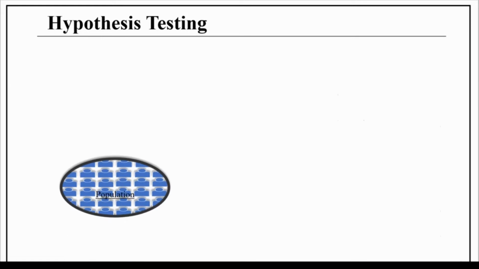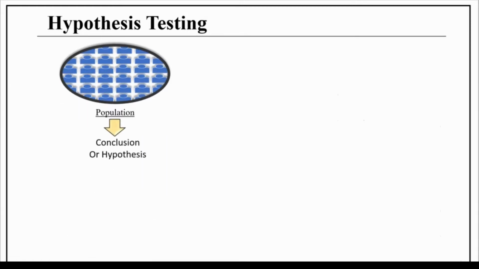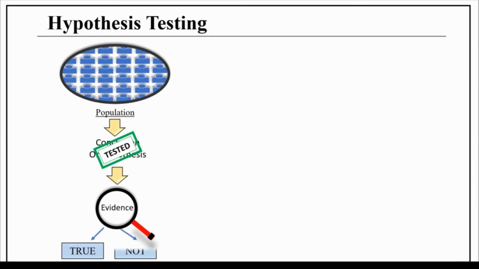Now let's understand what is hypothesis testing. Suppose we did our analysis on sample data and drew some conclusion about the population on the basis of the information obtained. Now we need to test this claim or hypothesis because we are not sure whether it is correct or not. So these claims are tested to determine whether we have enough evidence to conclude if the hypothesis or claim made on the population parameter is true or false. So this whole process of testing the hypothesis is called hypothesis testing.